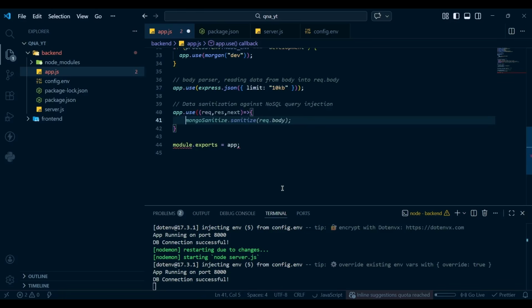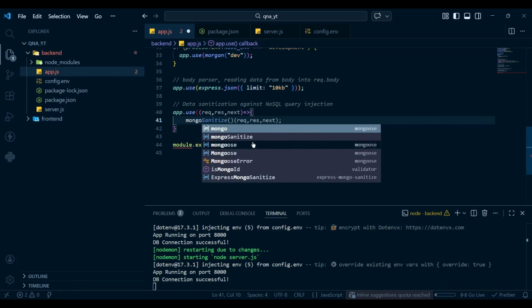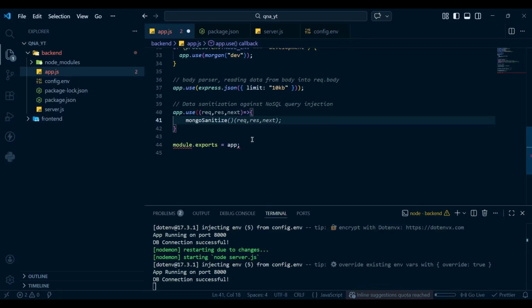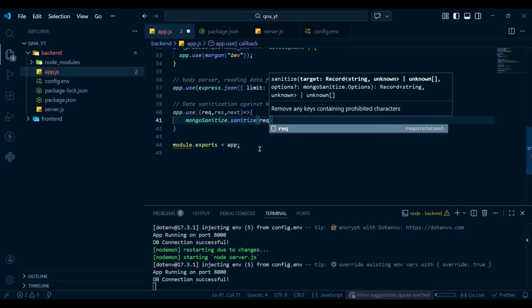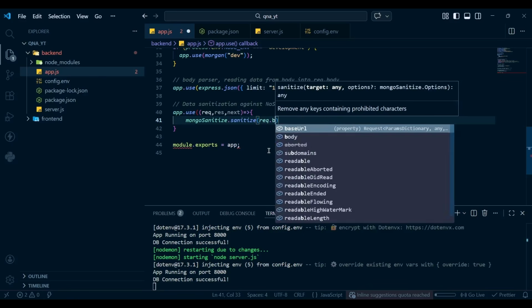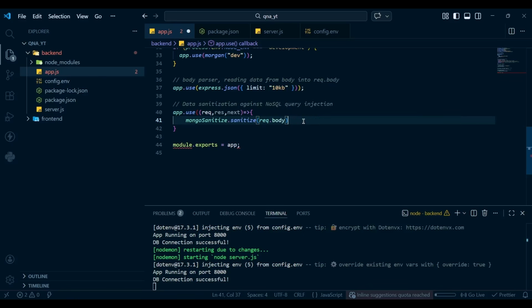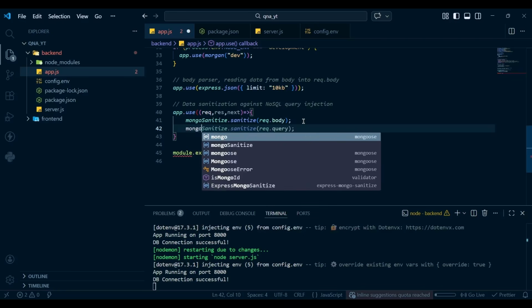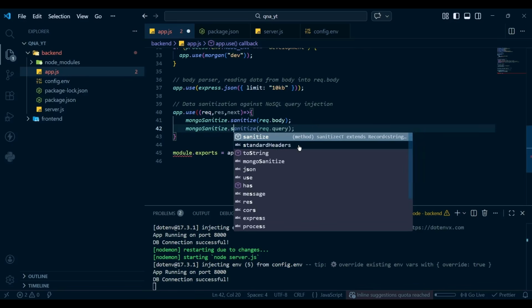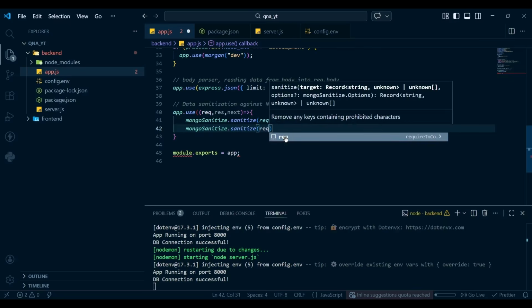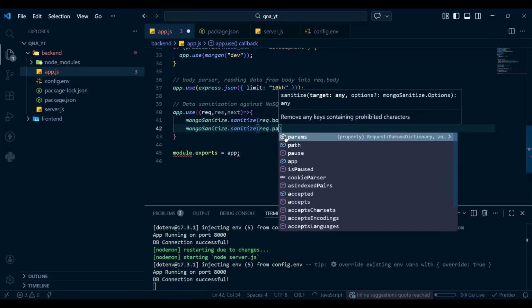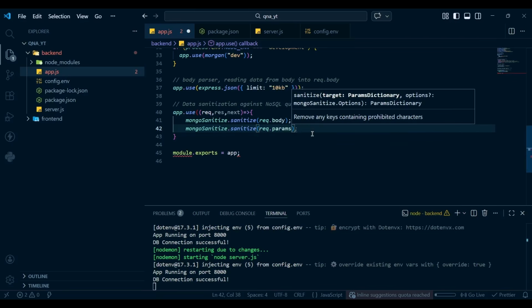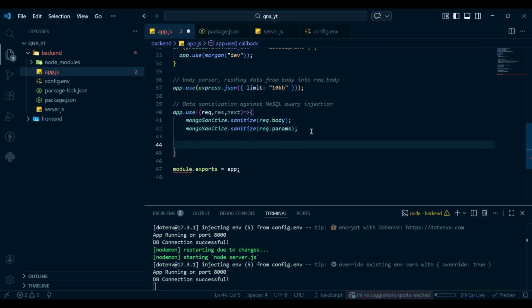And inside this we're going to use mongoSanitize.sanitize, and we're going to pass the req.body, and then mongoSanitize.sanitize(req.params),